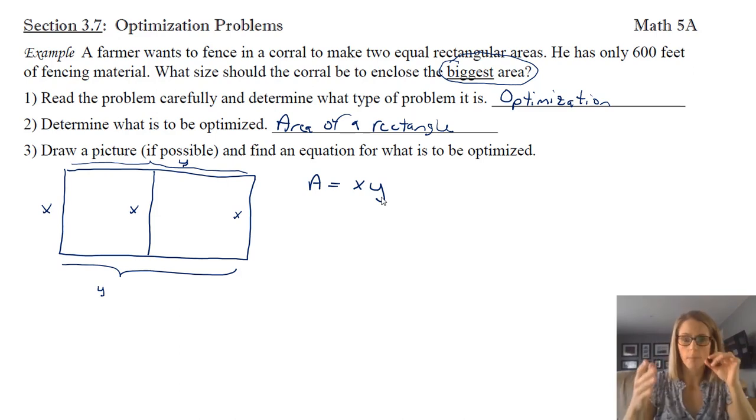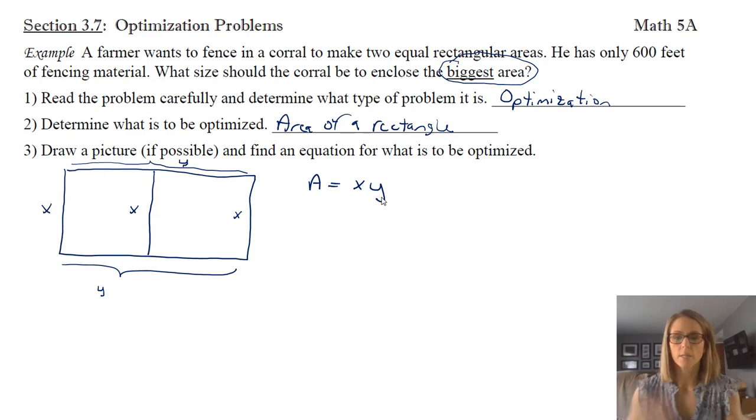Now, again, I could have called this, instead of x and y, I could have done L and W. I could have done A and B, like little a, little b or something. The sides can be anything that's arbitrary. But the key thing is no matter what, you have that the area is equal to 2 different variables being multiplied together. And a lot of what optimization problems are is to get yourself to the point where you only have one variable so that you can take the derivative in the easiest way.